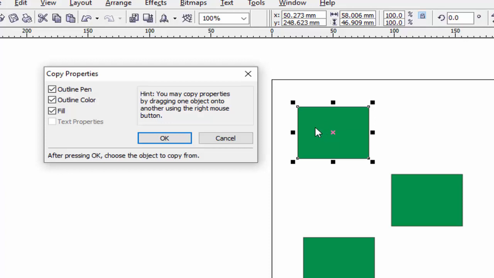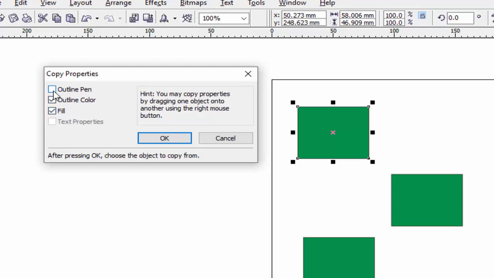Whatever you want to copy, only fill, only outline color, or only outline pen, you select that option, and the options you do not want to apply will be unticked.